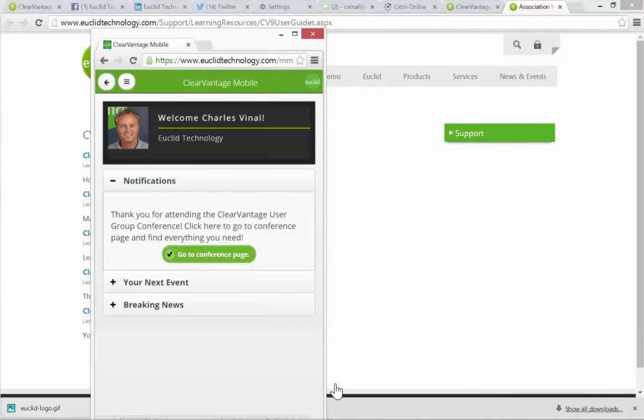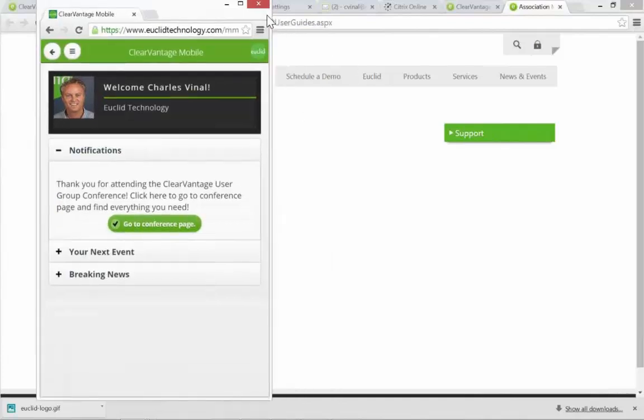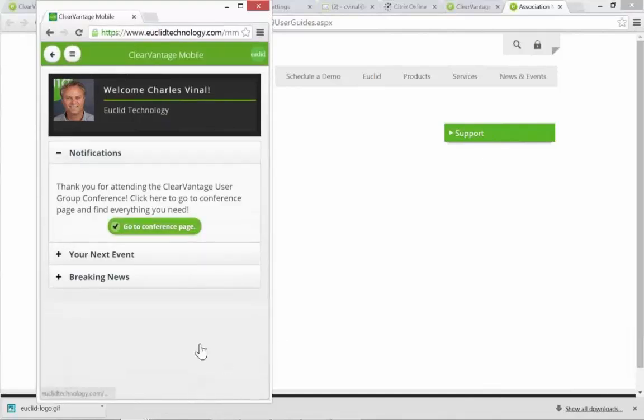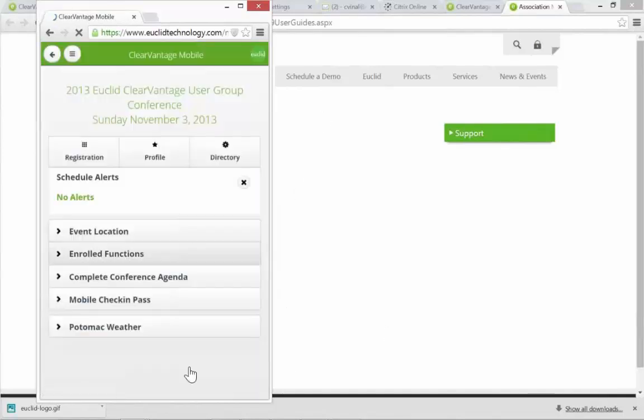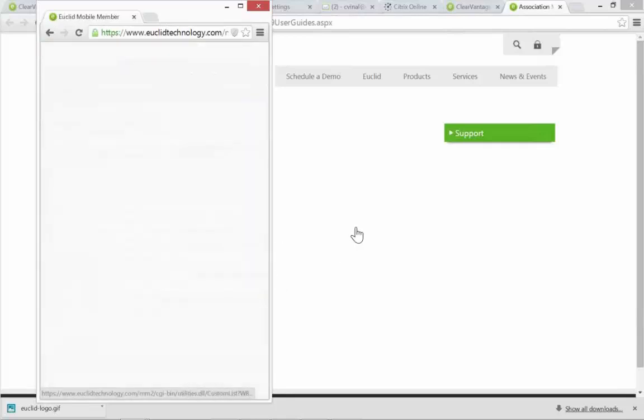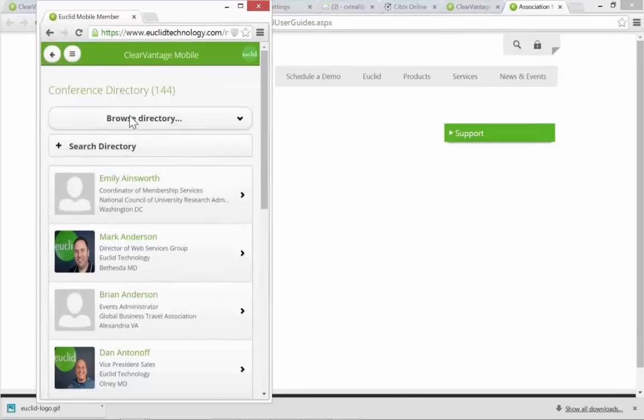We also have ClearVantage Mobile Team, which is a beautiful application that runs on iPads and iPhones and Androids and Windows phones, etc. But here I'm looking at Mobile Member. So this is utilized by your members. But give you an example, and some of you that came to our UGC have seen similar type stuff, but basically a complete online mobile conference center that allows your members to go in there and have a directory to get real-time updates,